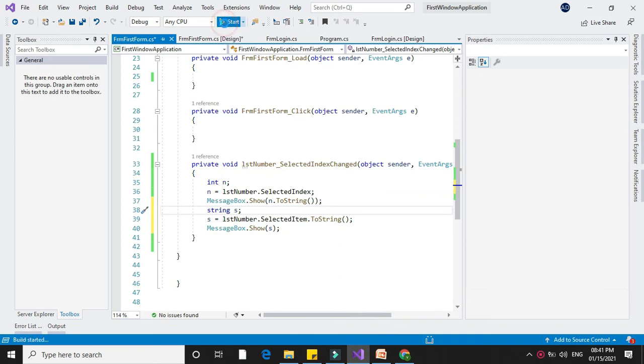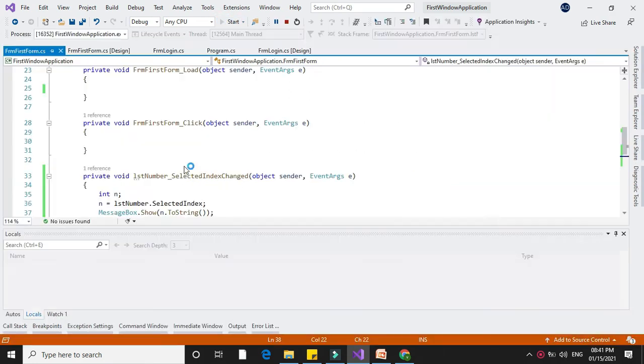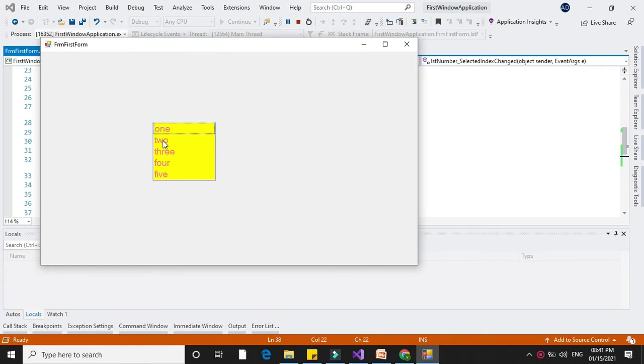When I run it, first it will print the selected index and then it will print the selected item.